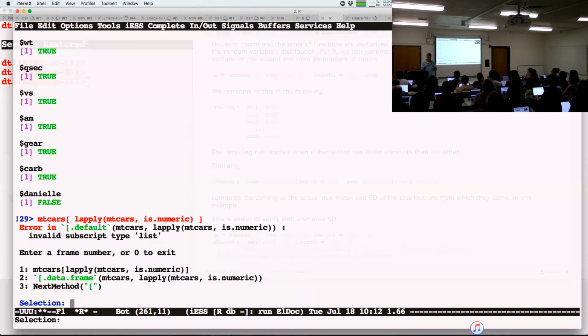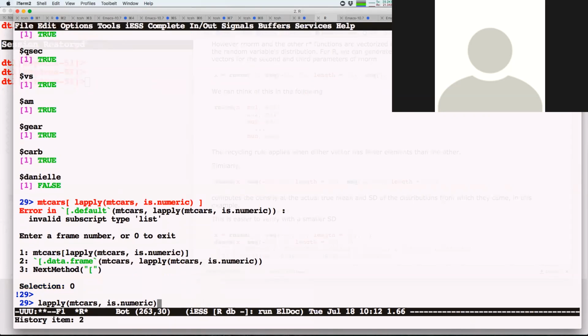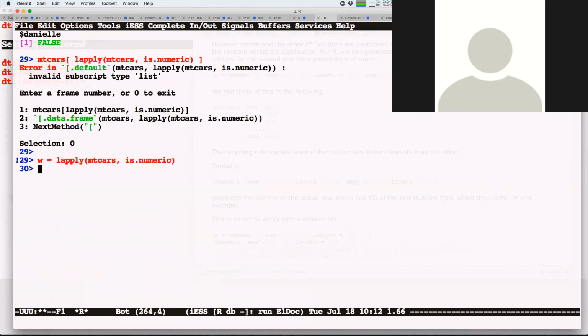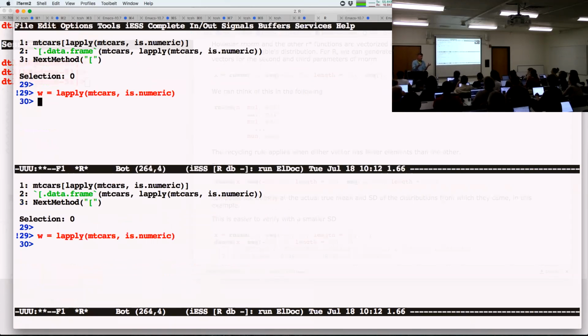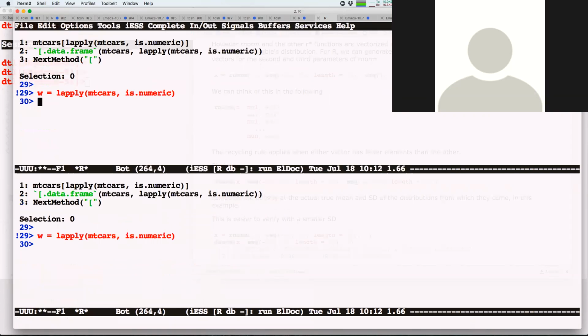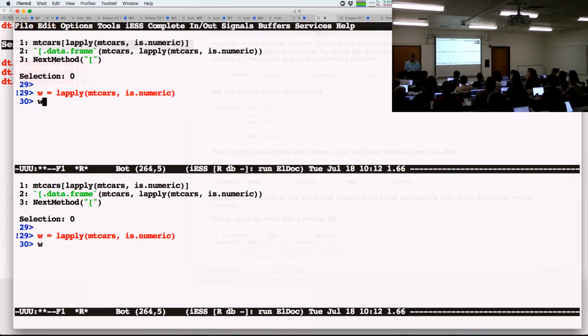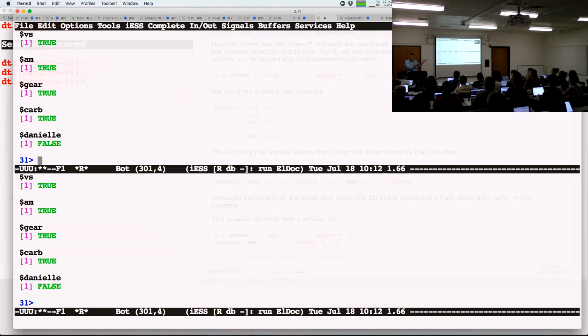Okay, but this makes sense. Let's go back and do this. That's a list. And it's just not in the right form. Everything I told you about subsetting was about we subset by position, negative position, logical vector. I never said anything about a list whose elements were logical vectors. Miraculously, all of length 1. Okay? You and I look at that and say, it's obvious. Look, that's just a vector, isn't it?